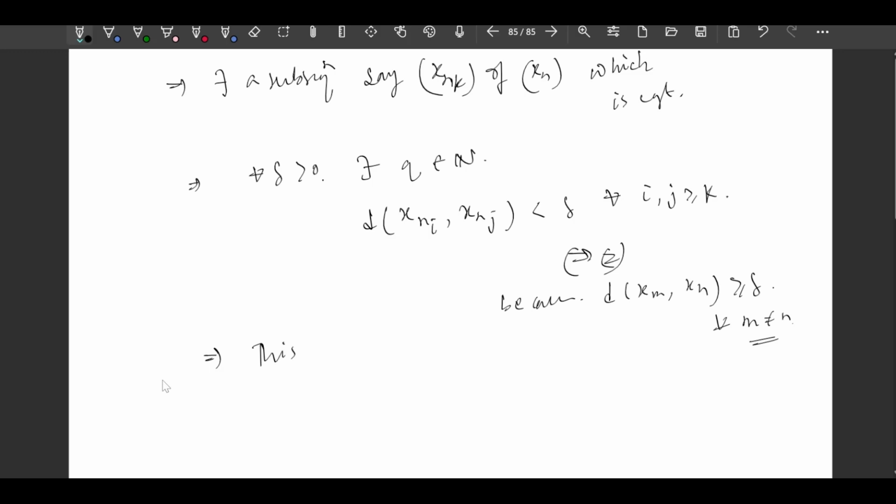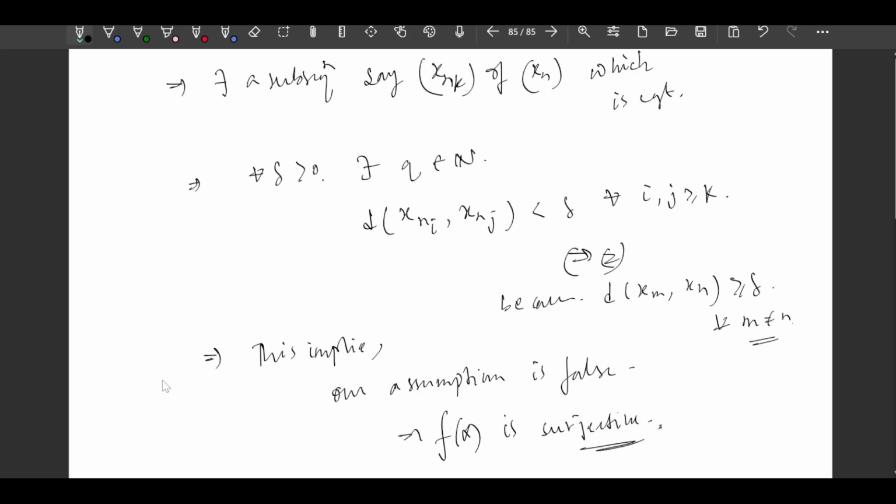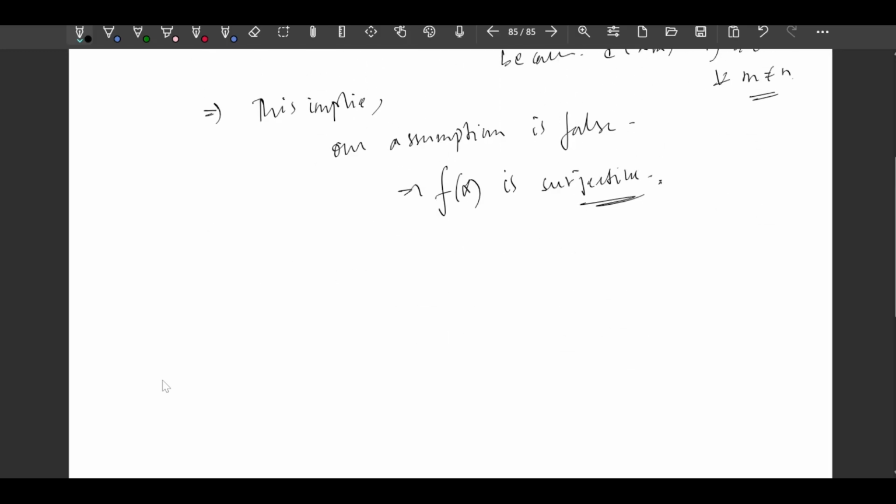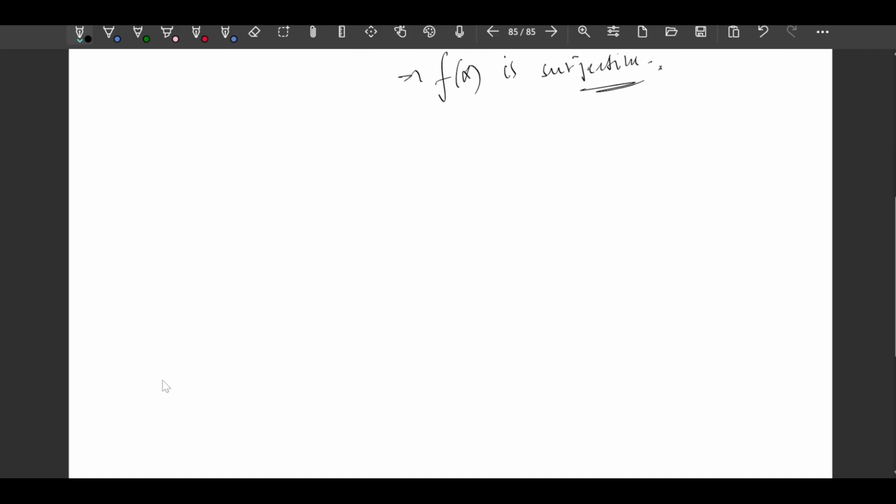This implies the assumption is false, right? Implies f of X is surjective. ओके, तो ये प्रूव हो गया। ओके, तो हमने प्रूफ क्या किया, कोई भी कॉम्पैक्ट सेट से उसी कॉम्पैक्ट सेट के ऊपर अगर कोई आइसोमेट्री रहे तो वो आइसोमेट्री सर्जेक्टिव मैप हो जाएगा, एक ऑन टू मैप हो जाएगा। ओके, तो अभी हम क्वेश्चन पे वापस जाते हैं। तो क्वेश्चन क्या था, f from S2 to